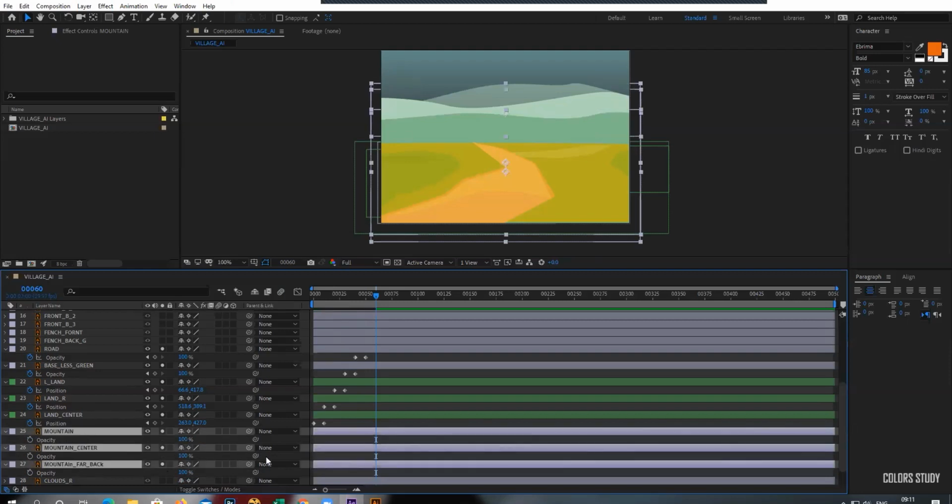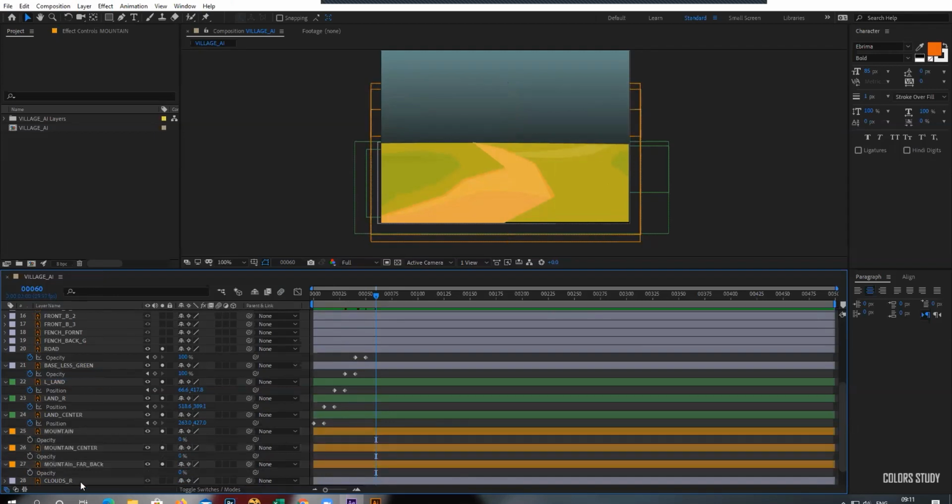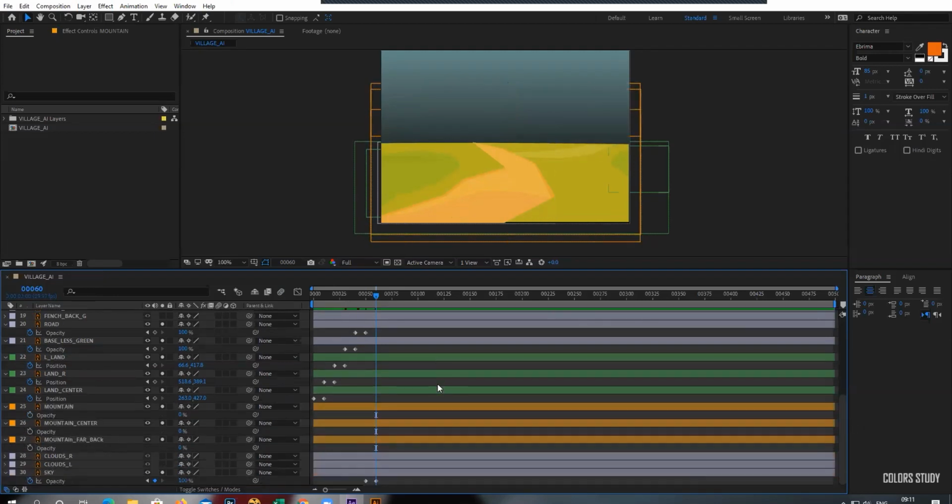I can change the color coding of the layers by going to this icon and clicking on this. So it's like having knowledge of, okay, these 3 are a group of the same category. So again, I'll just decrease the opacity for these 3 layers. Keyframe. I'll page down 10 frames.